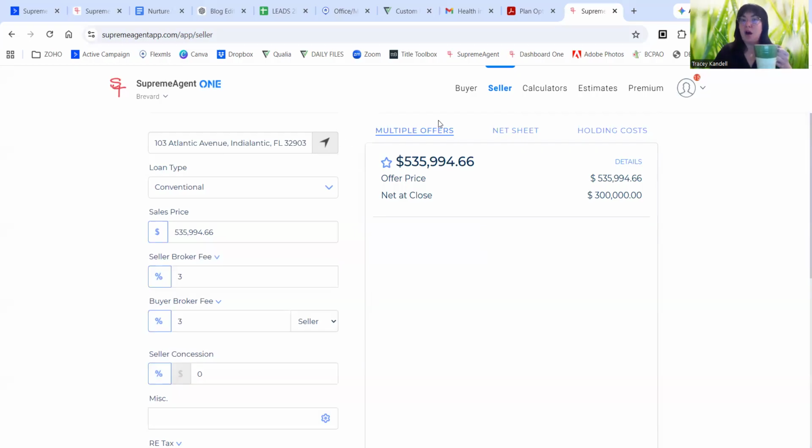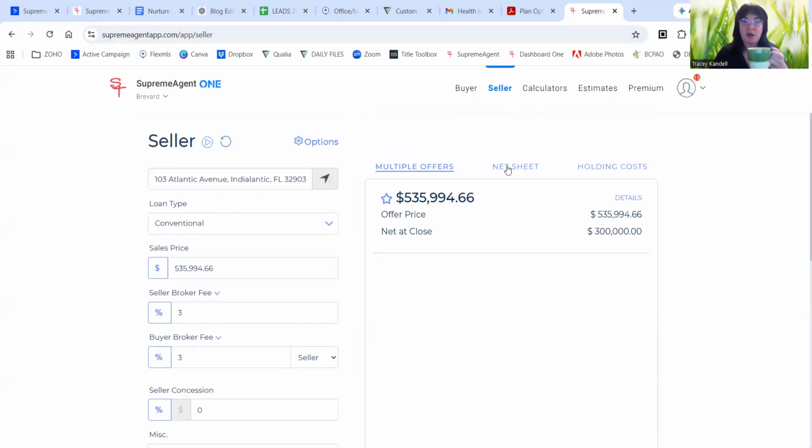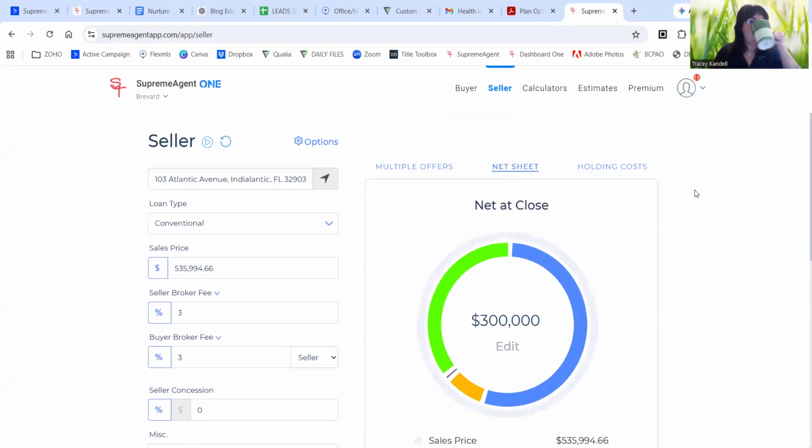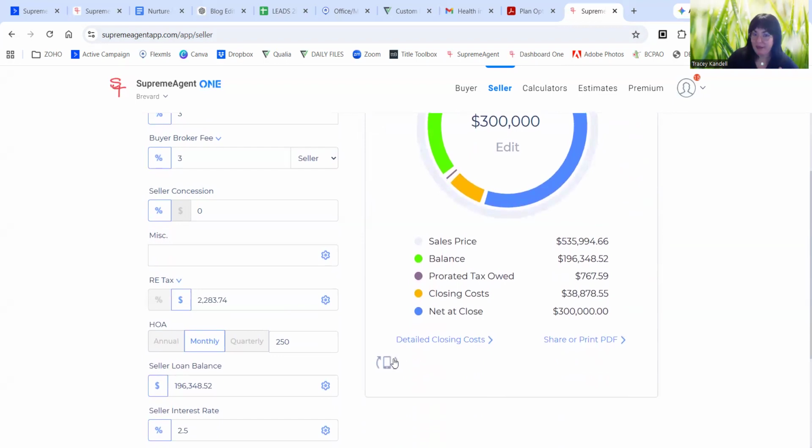And by the way, multiple offers has its own separate calculator in the calculators tab. You don't have to run a full seller net sheet to get to multiple offers. You can go right in here. So back to my net sheet, sorry. Now, if I were to hit this button, which is the phone with the arrows, just to turn your phone to the side,